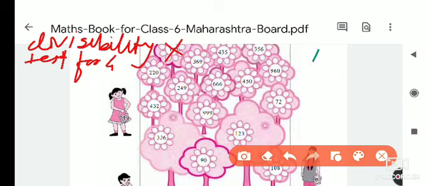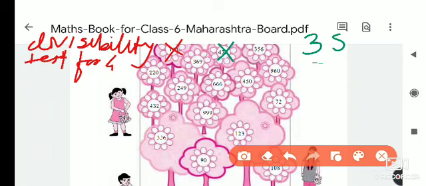Next, take the next number, that is 435. Just I told you before, the numbers we have to check for 4 are the even numbers; only those numbers can be divisible by 4. So 435 is not divisible by 4 because it is an odd number. Okay. So next number we will check.